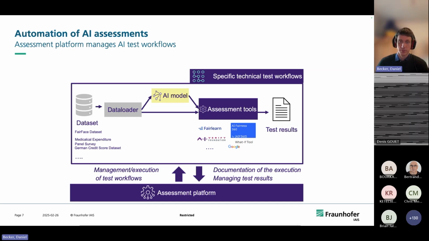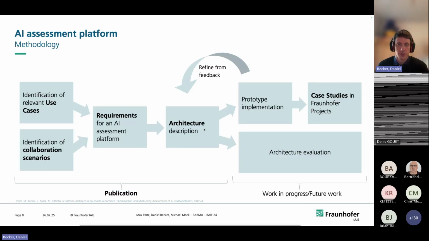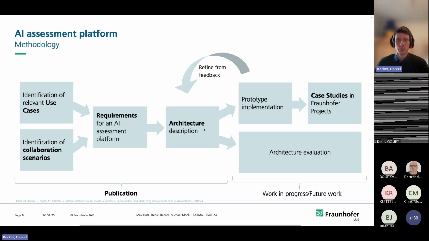So now I would like to show a little bit about the methodology, how we derived the concrete platform architecture that I will show you in a minute. Of course we can think about this architecture by looking at the kinds of properties that I have already shown you.